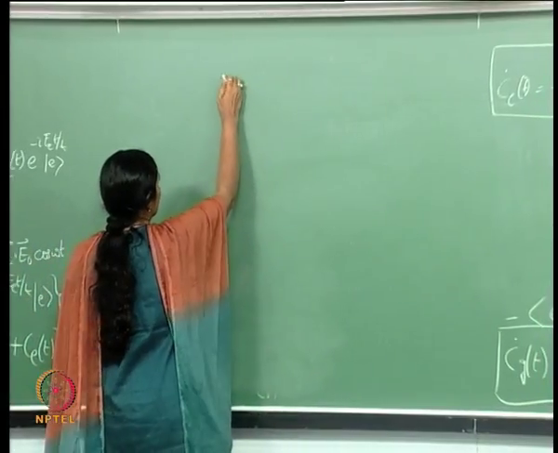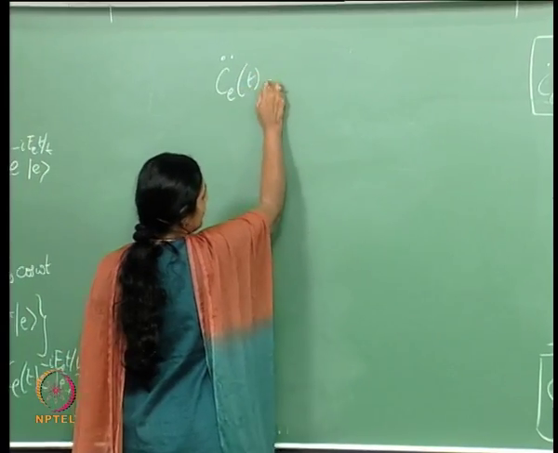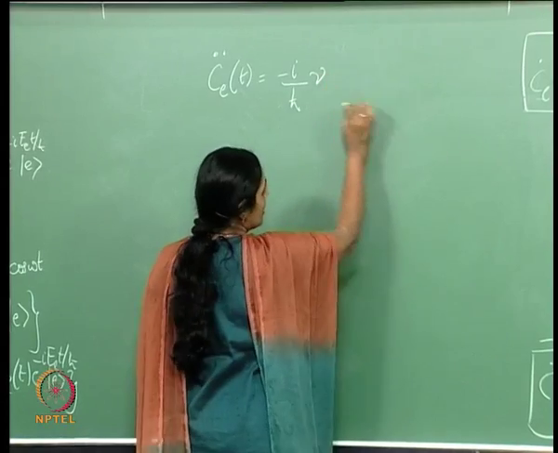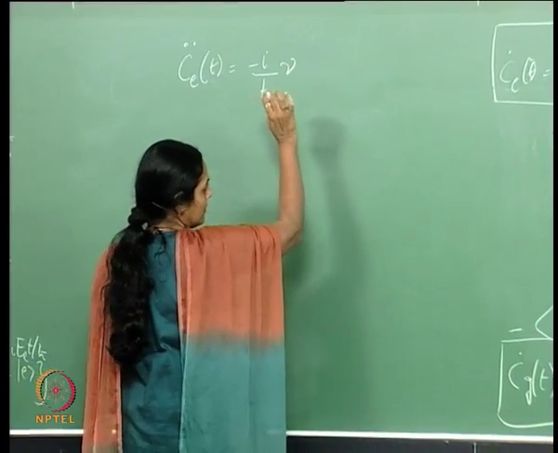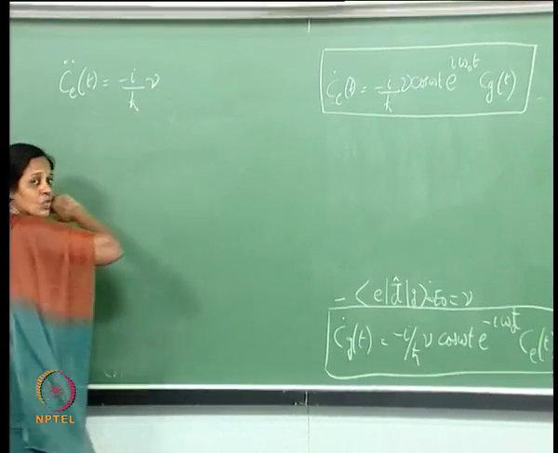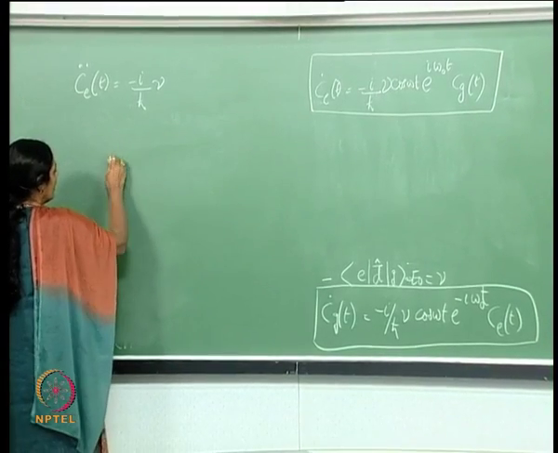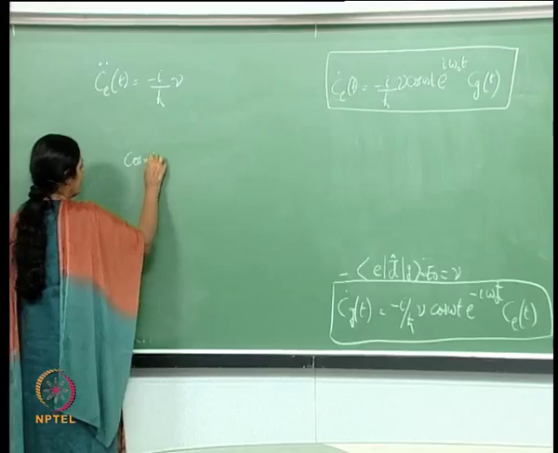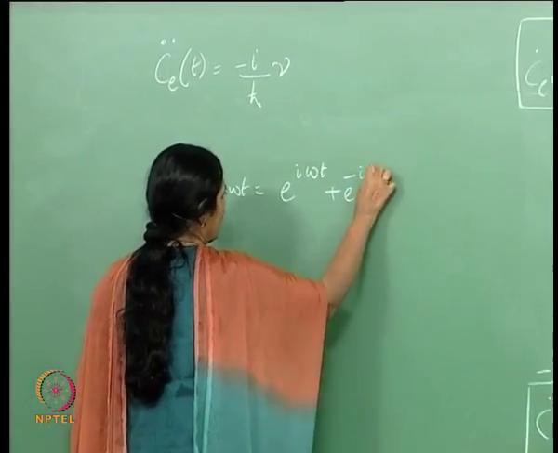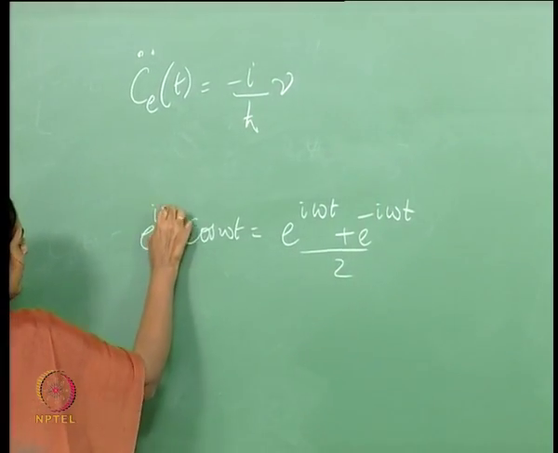So let us look at Ce of t. So Ce double dot of t is minus i by h cross nu cos omega t, but now one should be careful. There is a Cg of t as well. I want to use an approximation. Now this approximation is the following. I write cos omega t as e to the i omega t plus e to the minus i omega t by 2, club it with e to the i omega naught t,